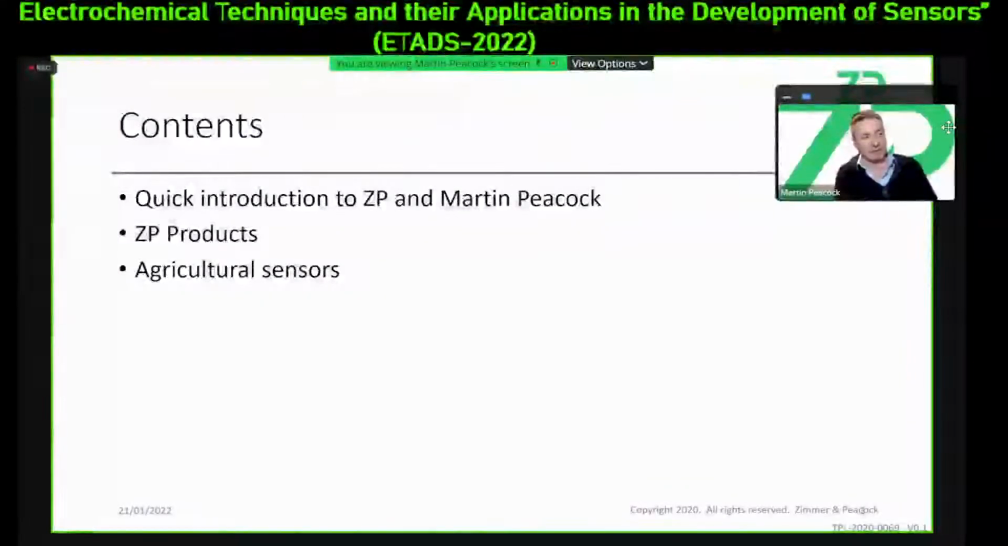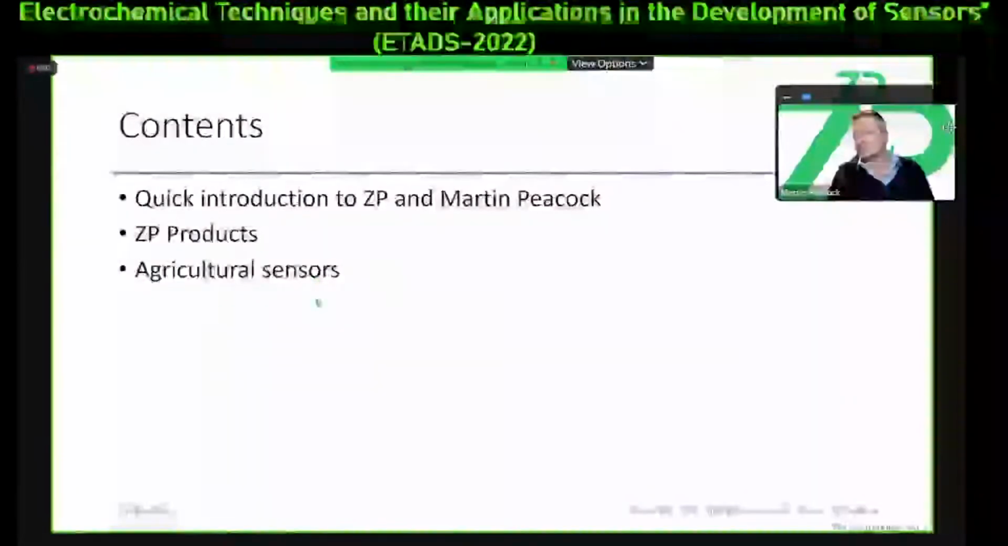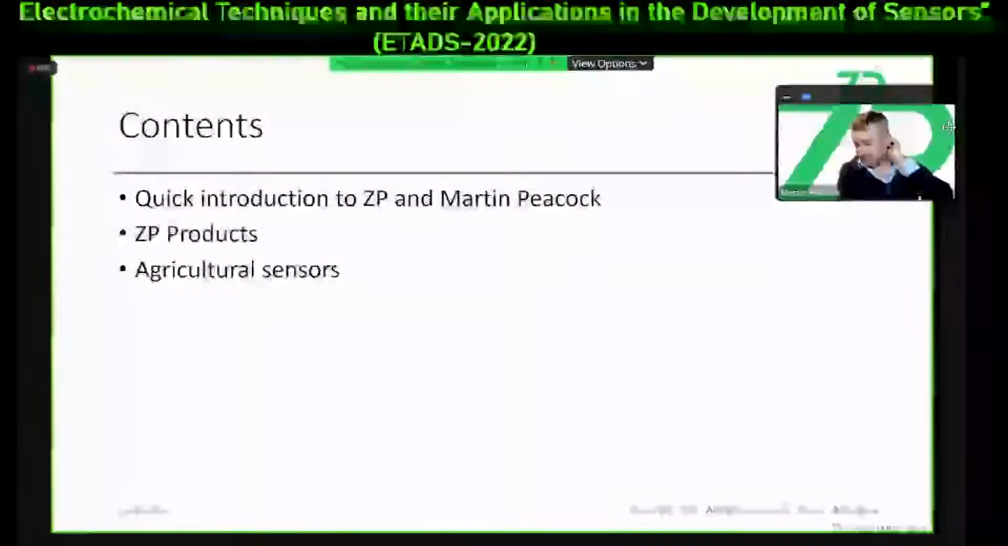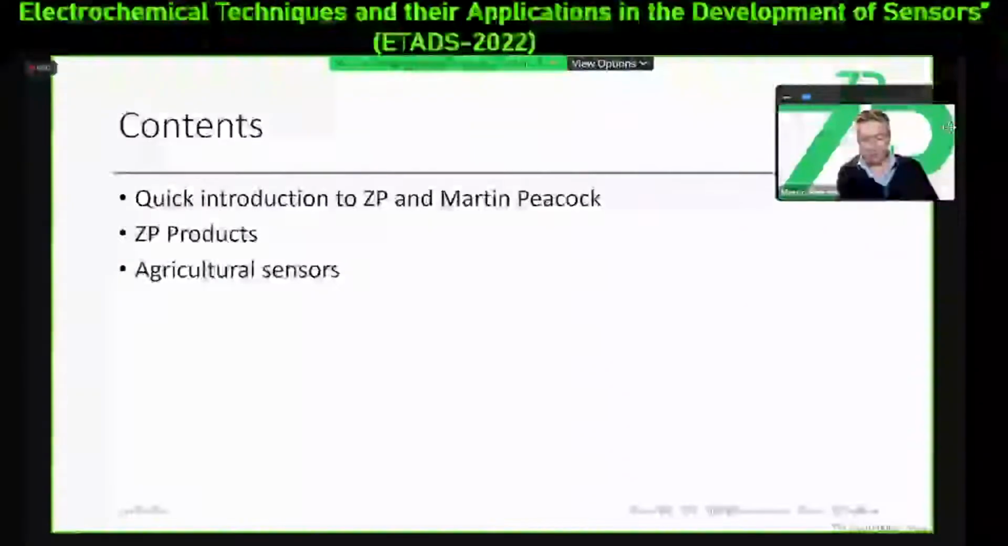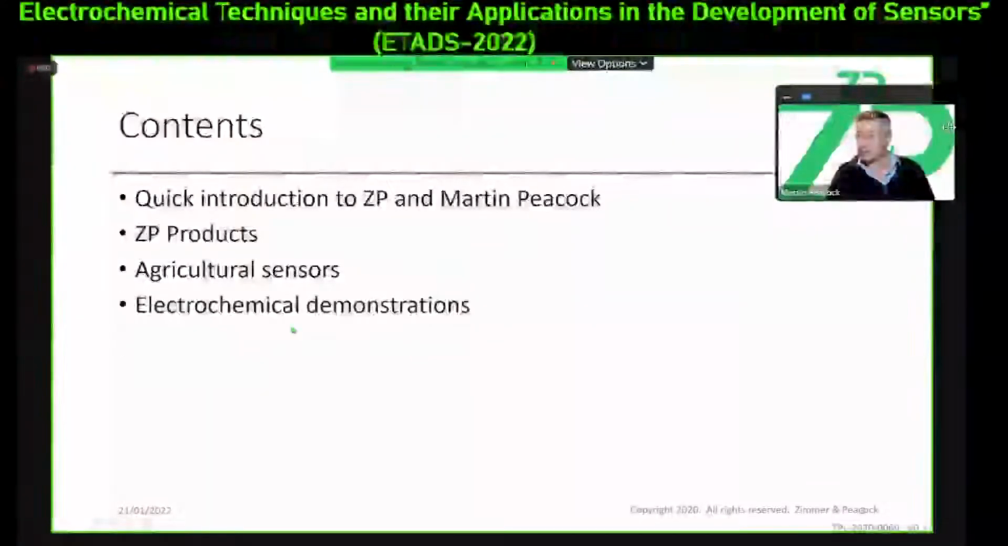Our intention this morning is to give training and educational insights. But it's also nice to know why any of us should do all of this work. At Zimmer and Peacock, we do a lot of biosensing for the medical market. We're also interested in the food and water quality market, and the agricultural market. And then after 30 minutes, we'll do an electrochemical demonstration, and then a summary